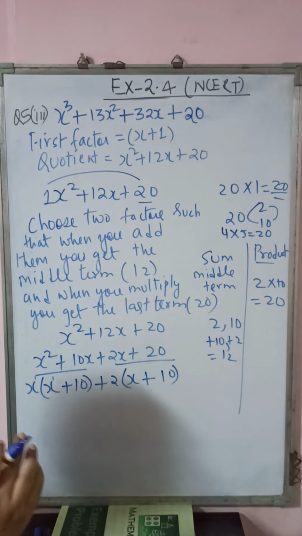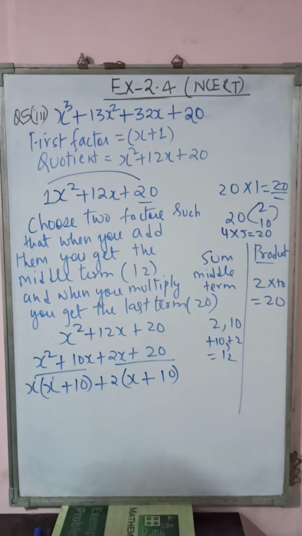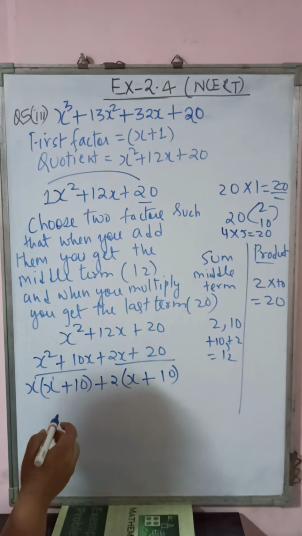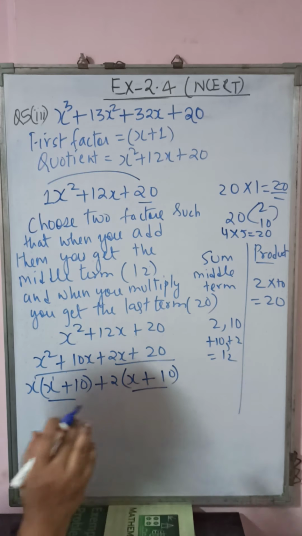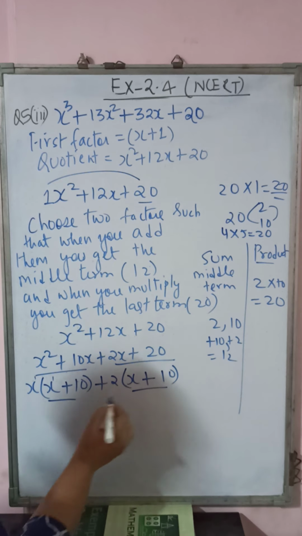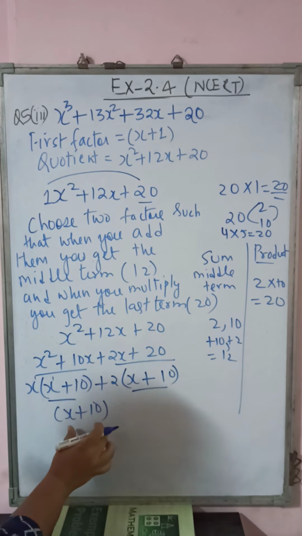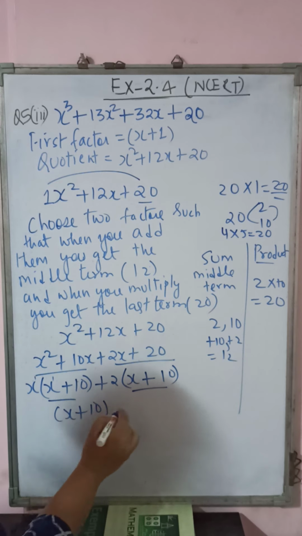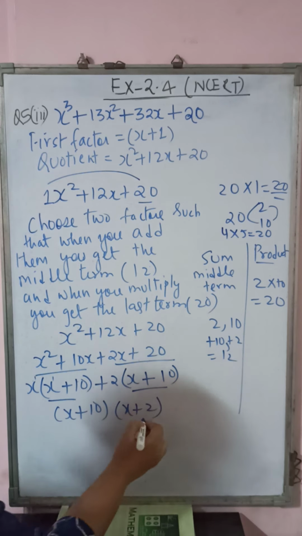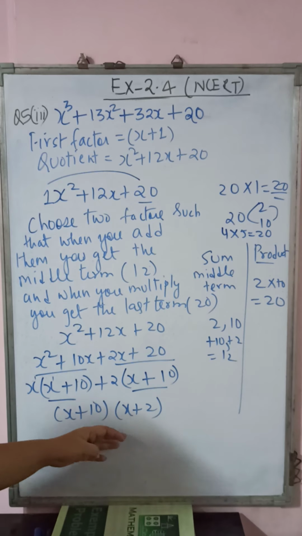And one more thing, when you want to check whether your factorization is correct or not, then see that the terms in both the brackets should be the same. Now because it is the same, you will write it only once. Whatever is written twice, you will write once, and whatever terms are written outside the bracket, you will put together in one bracket. So 2 factors we got.